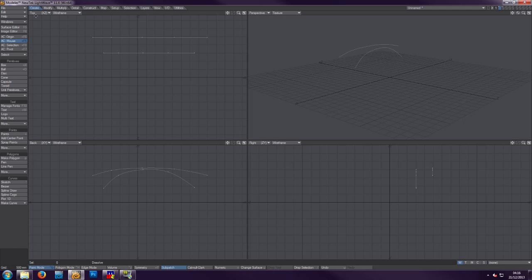Okay, so then we'll go back to creating points. We'll put one back there, and we'll put one back there. With that one, put it there, and that one, put it back there. Okay, so we'll select them, make curve, select them, make